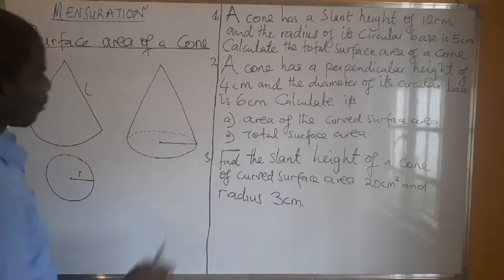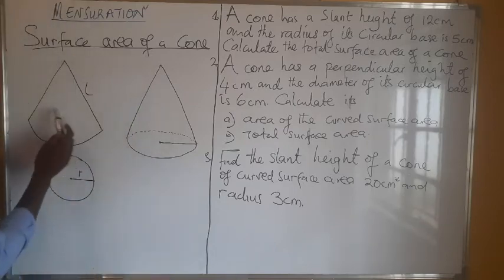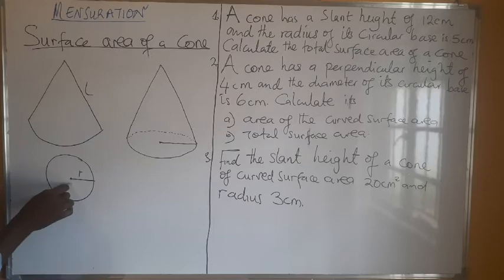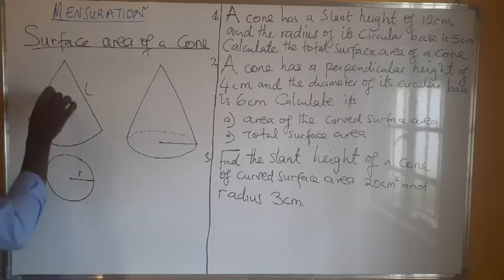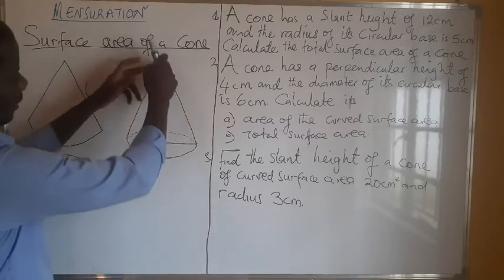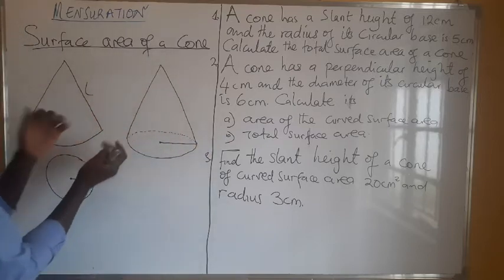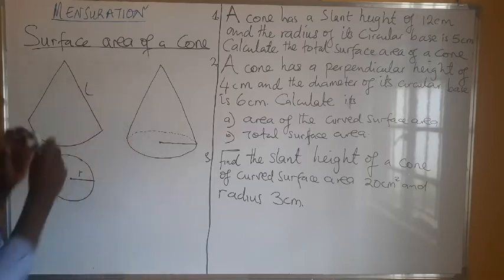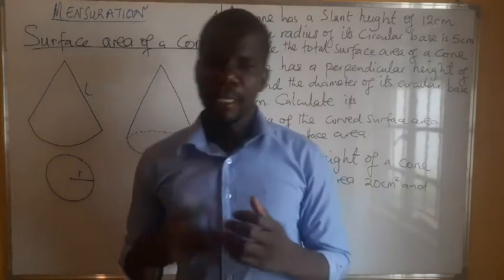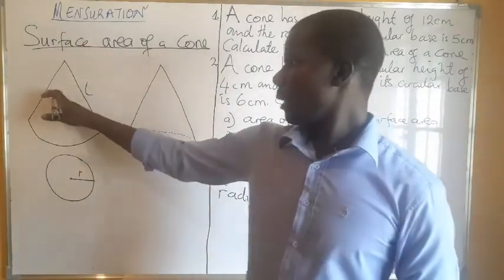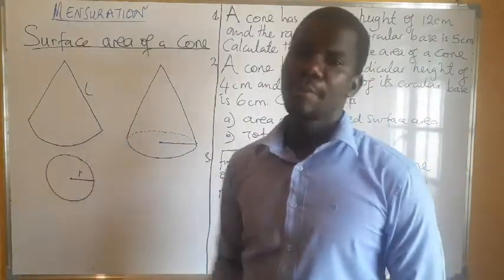So, the cone is a composition of these two shapes here. We have the curved surface as well as a circle. This is a curved surface and a circle. So when we combine the two, we have this curved surface and a circle that is at the bottom. Alright? So you should understand that that is where a cone is coming from. It is a composition of a curved surface as well as a what? A